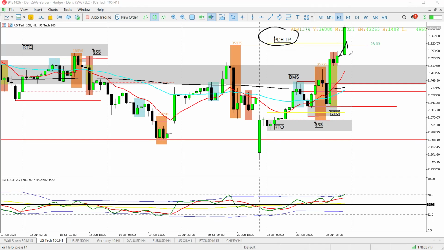If price takes out liquidity here, you want to sell. But if we break and retest, this becomes what we call a zone flip buy, or a zone flip setup, which means it's a continuation trade. Those are just some of the things you need to know as a trader. It's not always